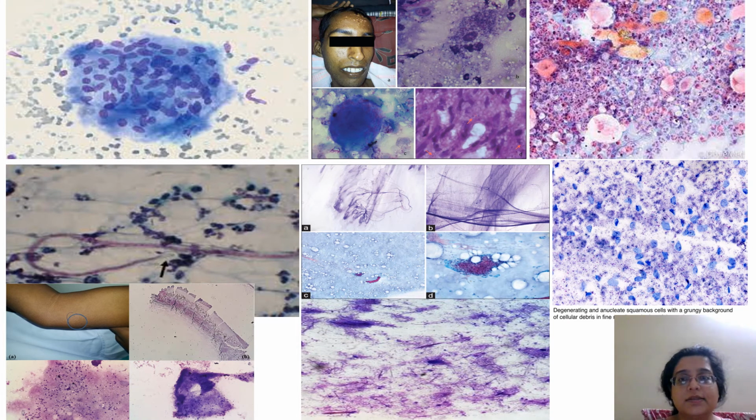Okay. Next, you see these lesions on the forehead. These were cutaneous lesions, multiple papules on the forehead, and this patient belonged to the Bihar belt. And what do you see? You see histiocytes, which have something in the cytoplasm, and the something is Leishmania. Okay, so this is another cutaneous lesion that you need to know about.